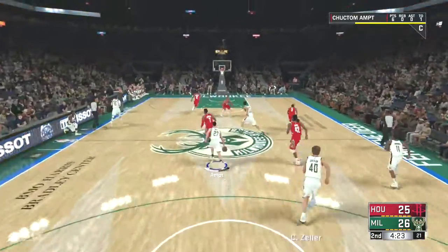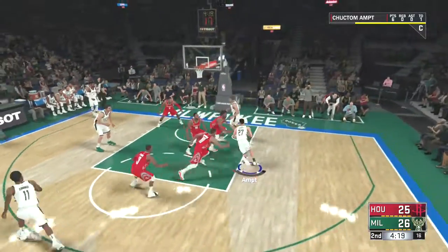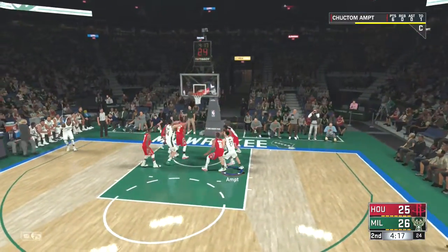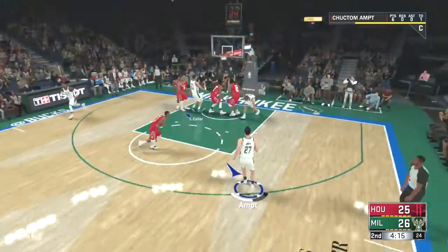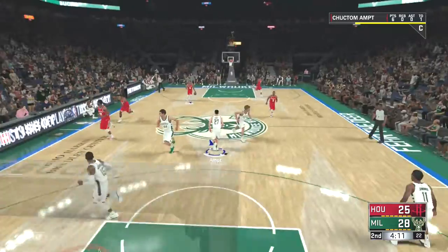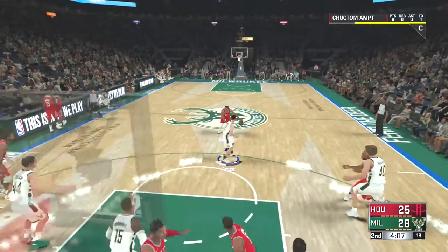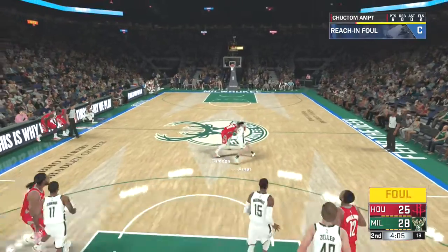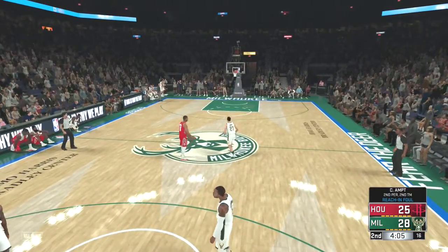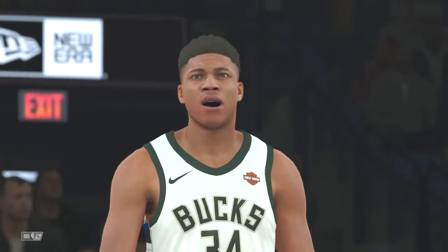The Bucks have gone a nice 3 of 3 to start the second. DJ with it. He's against Gordon. Zeller makes it off the glass. Zeller's got his second bucket. That makes it 10 of their last 12 coming from inside the paint. Johnson the screen, and the foul called on DJ. That's foul number 2. And the first half comes to a conclusion in a...